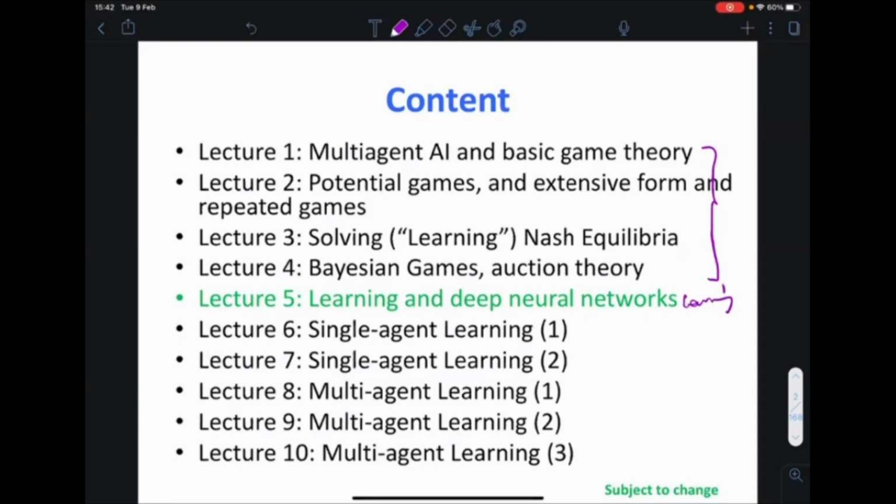We might swap these two, just to make sure that you have a quicker understanding of multi-agent learning once you understand single agent learning. Once you have this game theory and this learning, plus these two together, we can tackle a lot of the exciting problems that we are going to introduce after